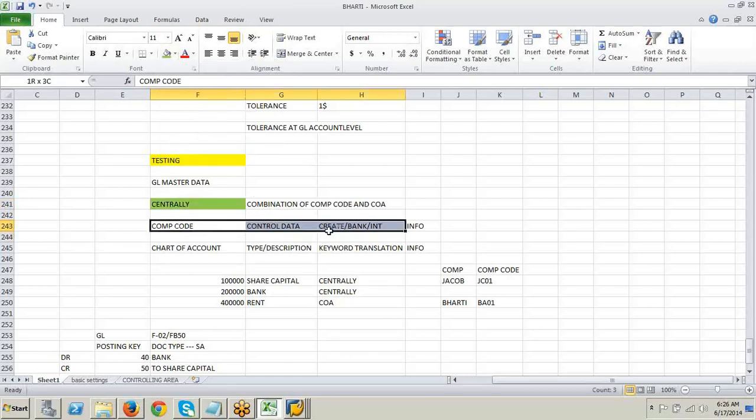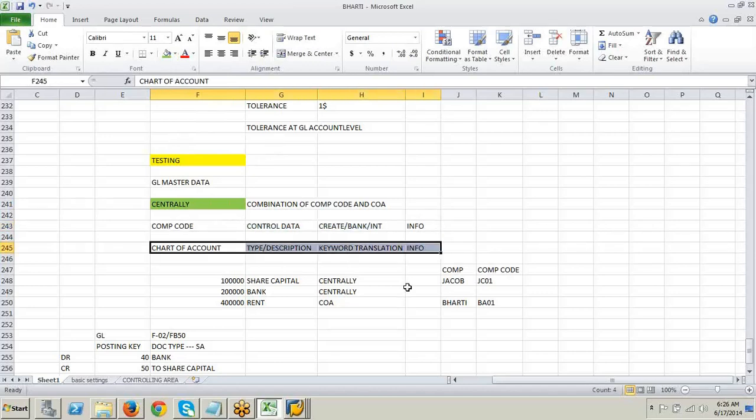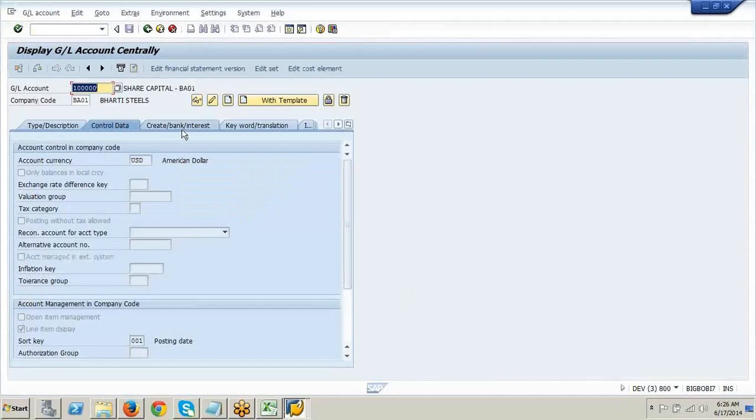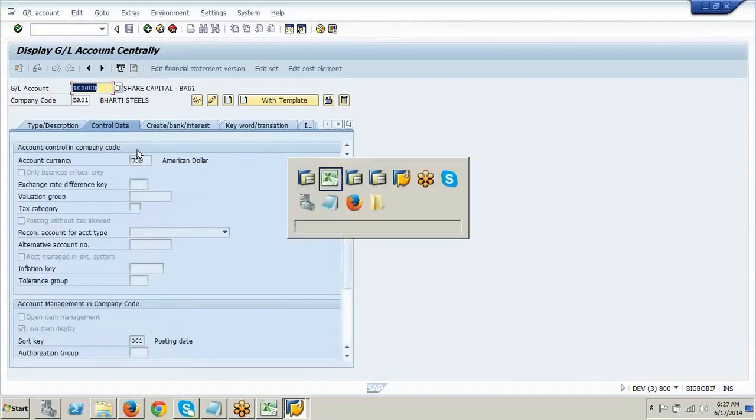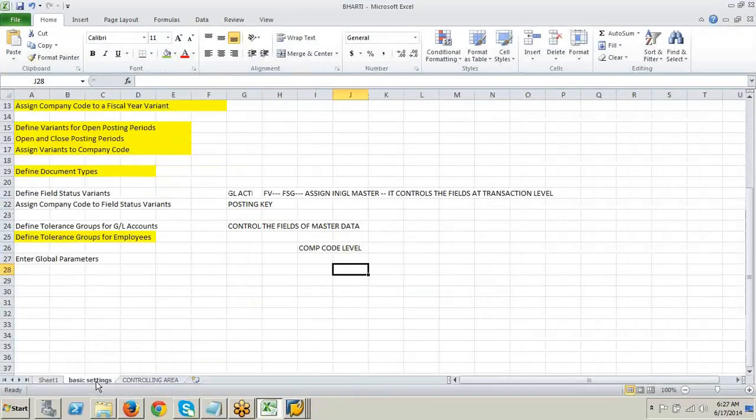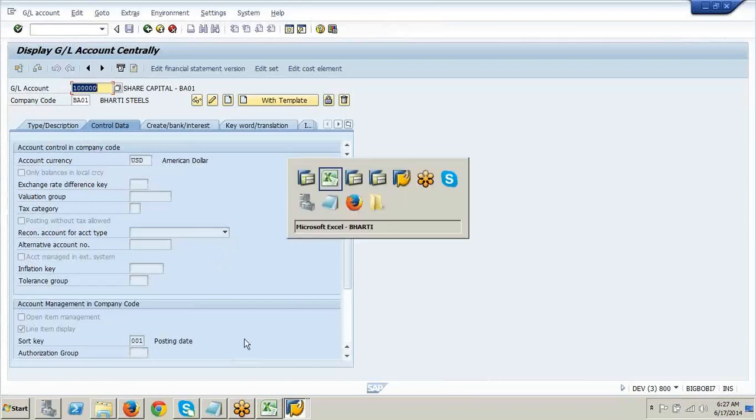Centrally is nothing but the combination. So only at this level, these two tabs, you can control the fields, not at the chart of accounts level. That is one control, at company code level.